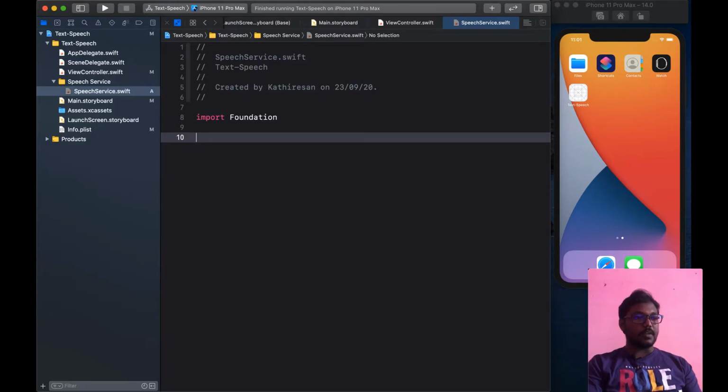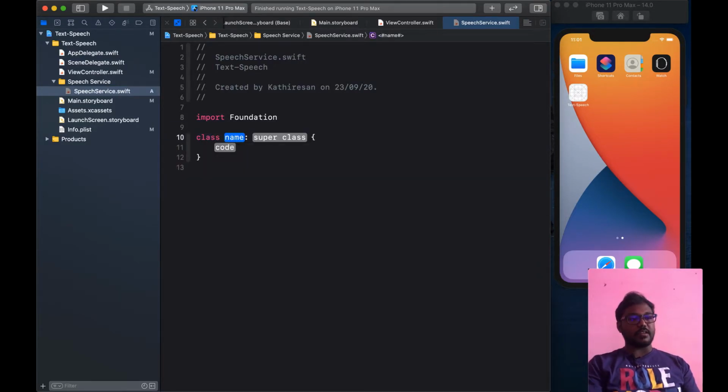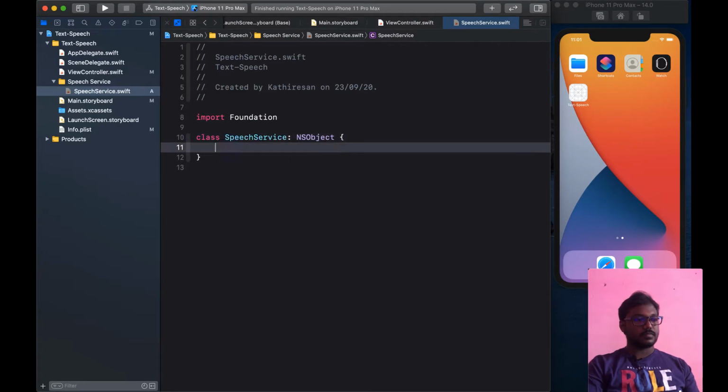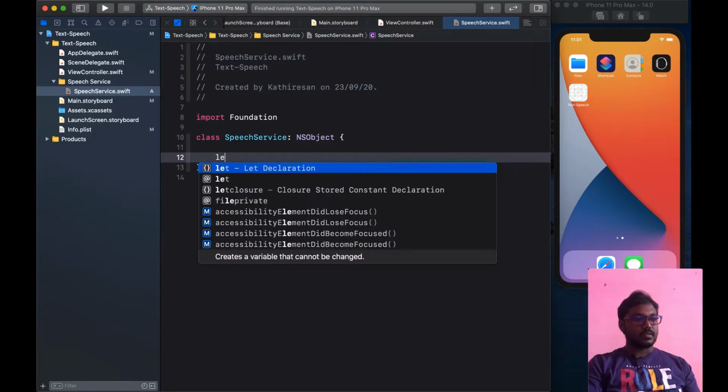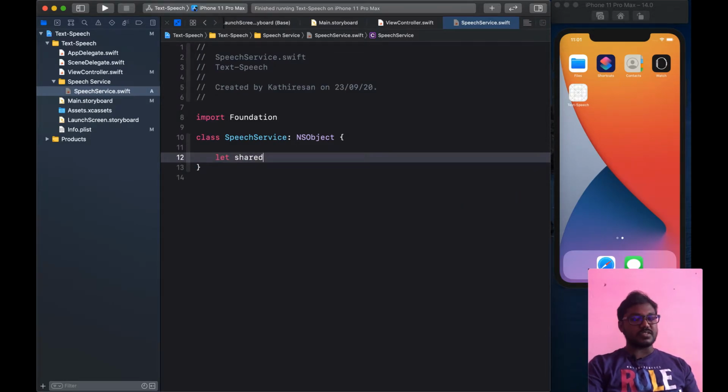Now I am going to create the new class, a singleton class, SpeechService, a subclass of NSObject. Creating the shared instance variable.